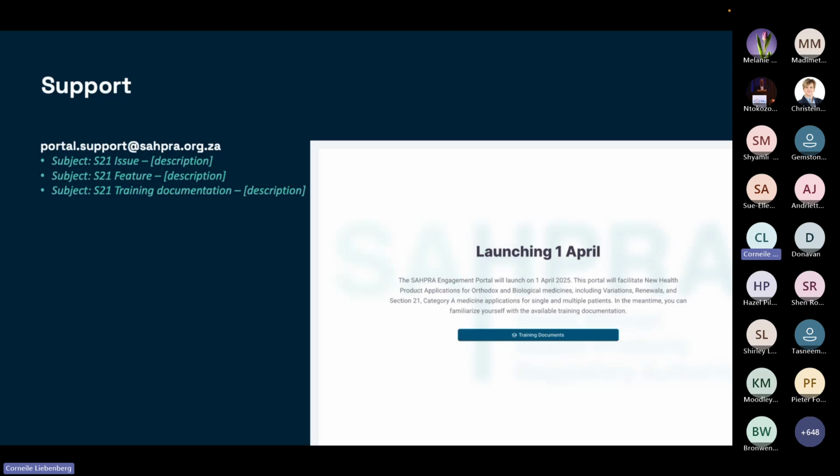Then on support, we set up a dedicated, more technical support address: portal.support@sahpra.org.za. If we can ask that in the subject line, depending on the type of inquiry, you write S21 issue, if there's a problem, something not working or functioning, or you're struggling with something, and then the description with as much information as possible in the email itself.